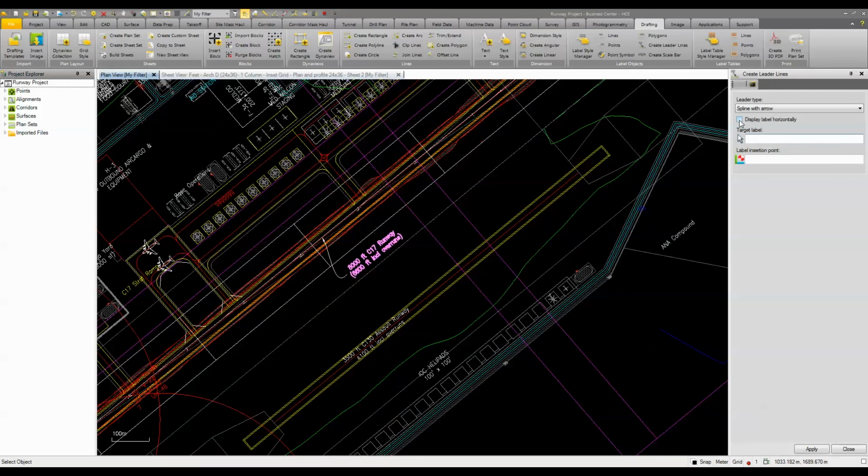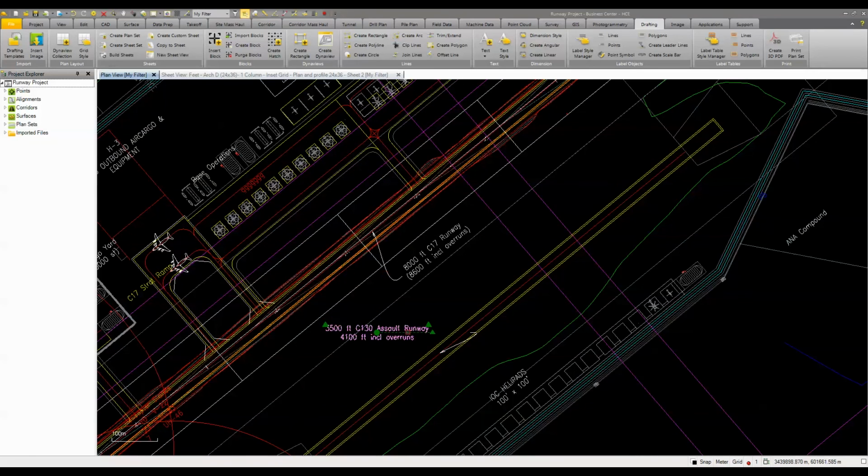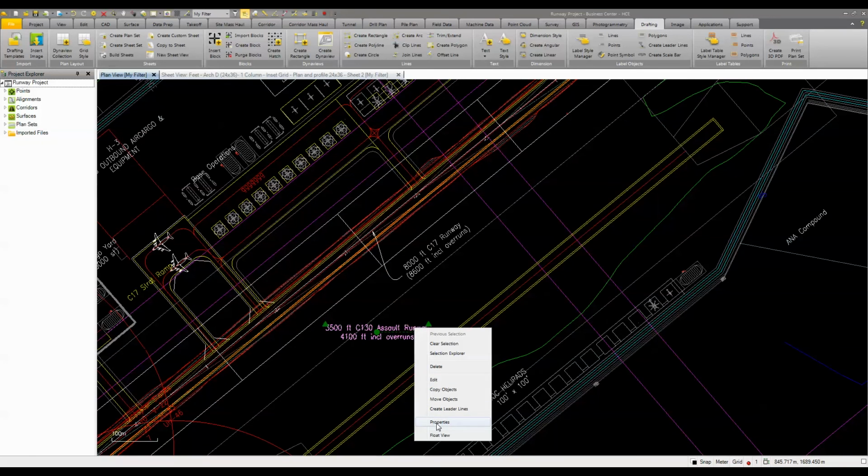If I set this to display label horizontally and I grab this piece of text here, you can see that it rotates the label and makes the label horizontal to my object. Okay. Now once you have those, some of the properties of that as well, I can come in and adjust those. So if I go to properties here,